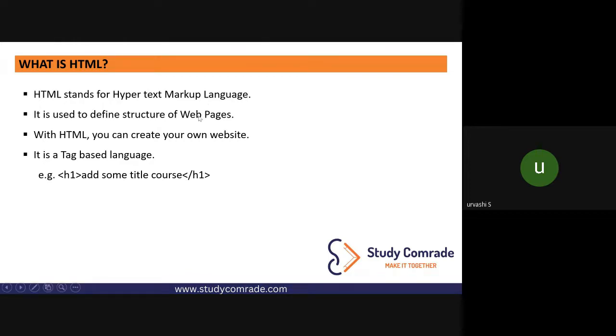If you see JavaScript, Java, Python, C Sharp, C++, all these are programming languages. But HTML is not a programming language. Even CSS is not a programming language. It's a markup language. That means we are going to mark this to our browser. We are going to tell our browser how a particular content will display in UI.